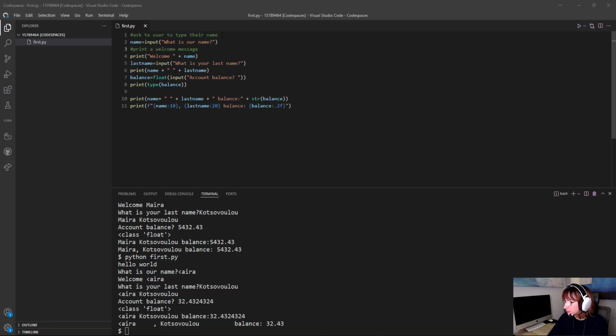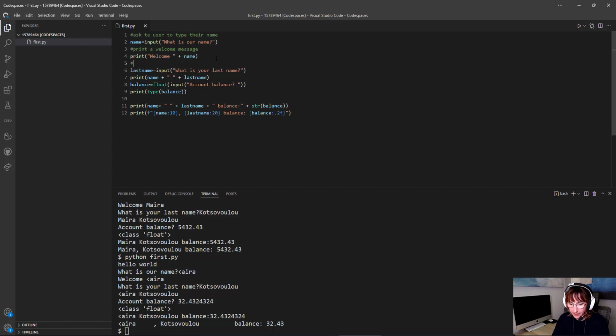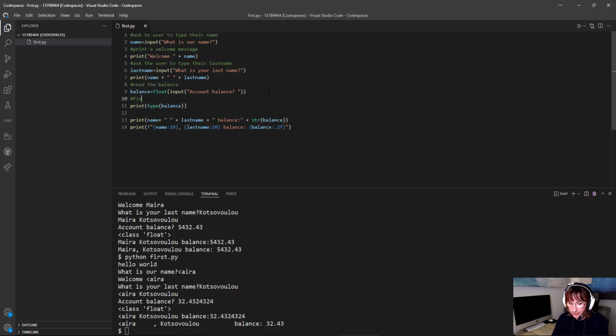I'm asking the user to type their name. I'm printing a welcome message. Here I ask the user to type their last name, read the balance, find the data type of the balance, and here I am printing the message